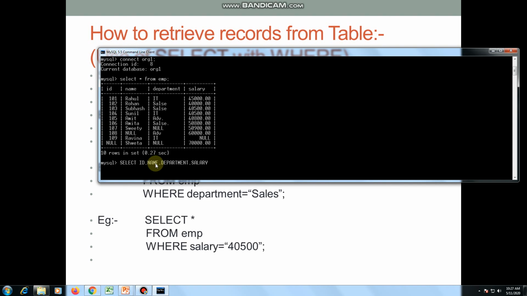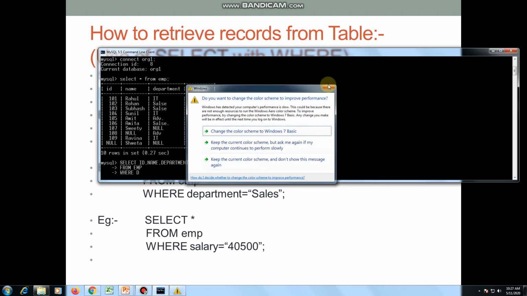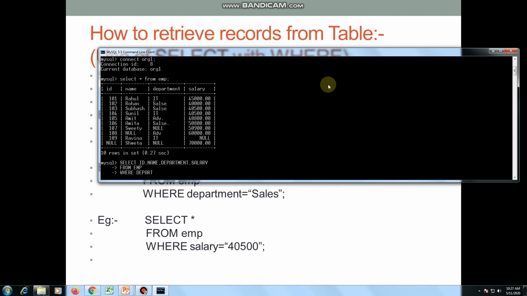You can use all the field names, or you can also use select asterisk, which denotes that all field names are included. From table name EMP. Now we need employee details with ID, name, department and salary of only the IT department, therefore we need to provide a conditional statement in front of the where clause: where department is equal to IT.